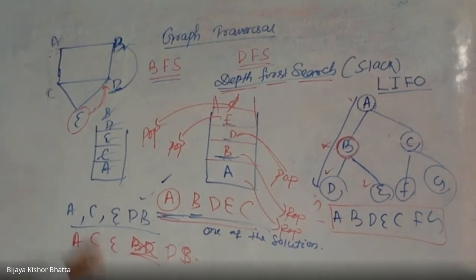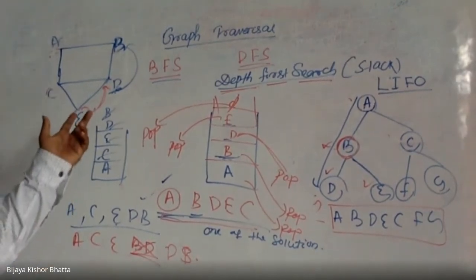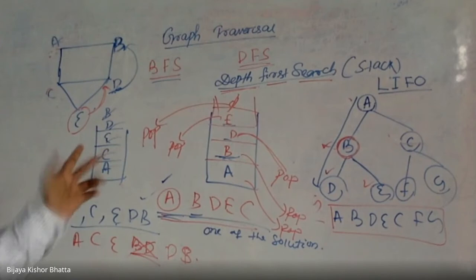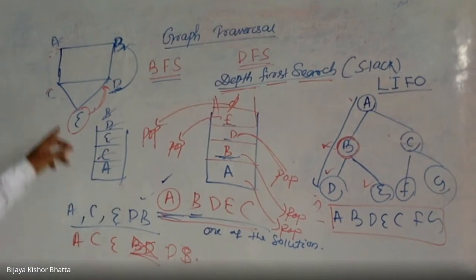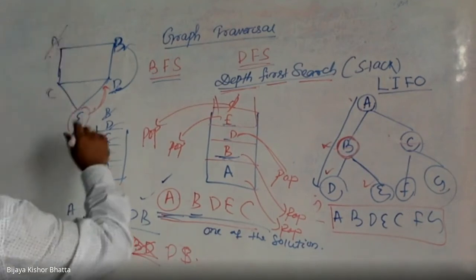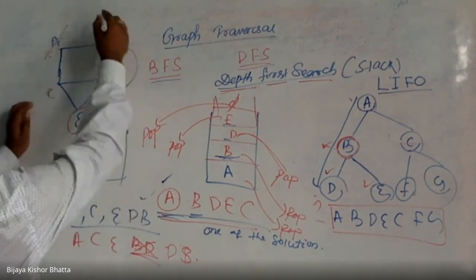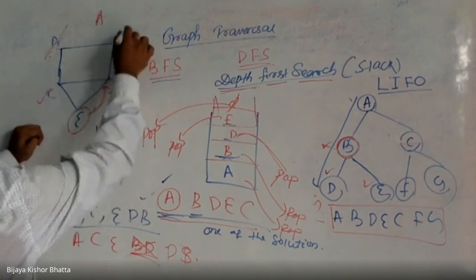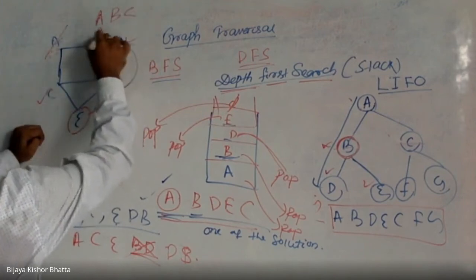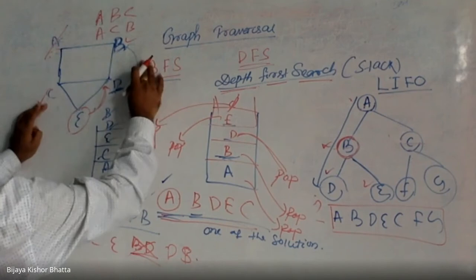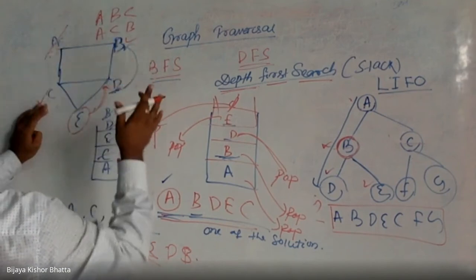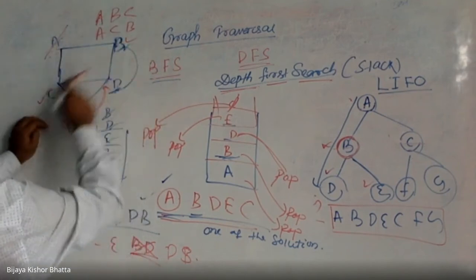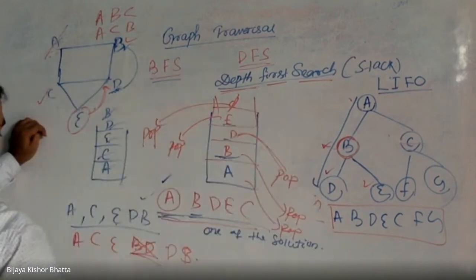Okay, there was a different change, right? So that's why, because in BFS, A, B, D, C is not possible, right? For BFS in this example, suppose you are starting from A, so you need to cover all the adjacency of A. So C and B are adjacent. So either you can write A, B, C or A, C, B, right? You cannot write A, B, D. That is not possible because you need to complete all the adjacent. That is the BFS part, right?